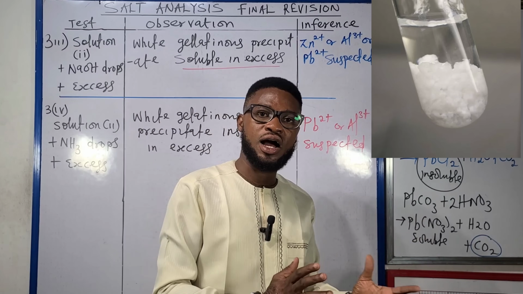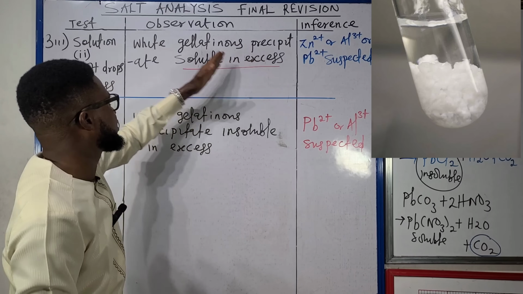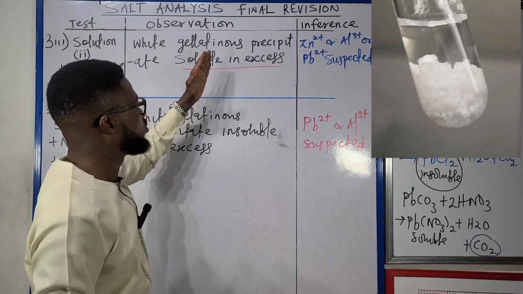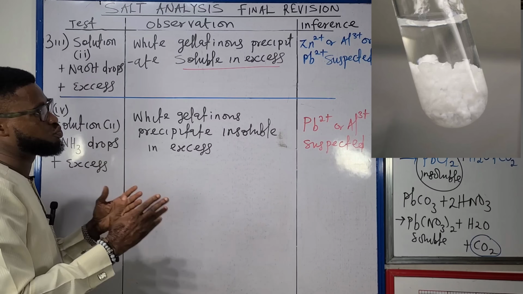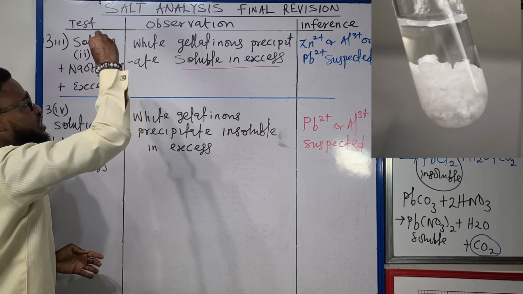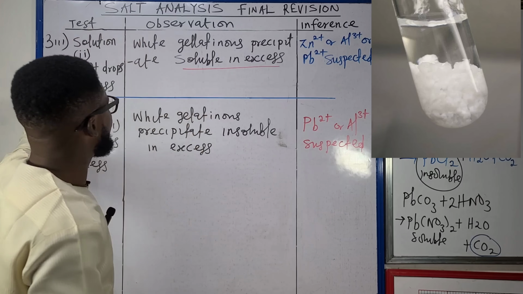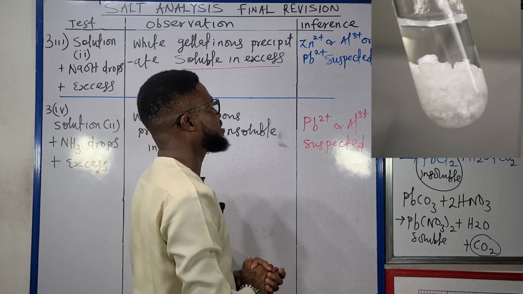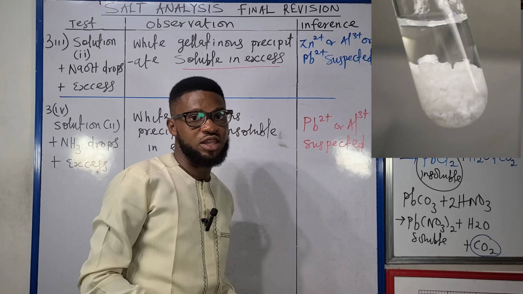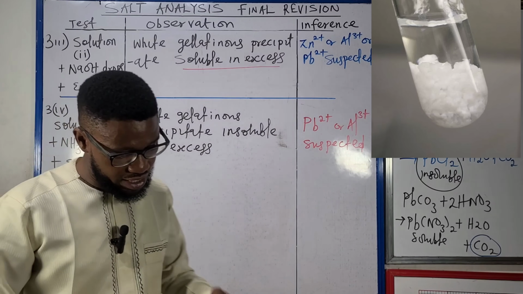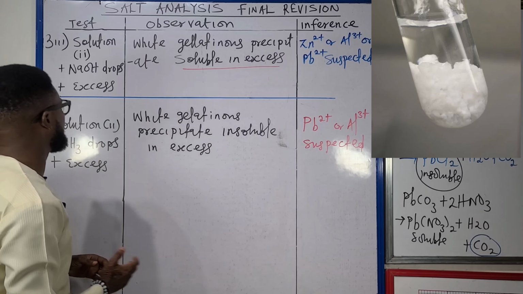Instead of the dilly-dallying, I think the best thing is to just say white precipitate, which is soluble in excess sodium hydroxide. That's another best way to put it. What you have observed is a white precipitate, and that particular precipitate will dissolve when we add excess sodium hydroxide. If that be the case with sodium hydroxide, what we infer is zinc or aluminum or lead 2 ion suspected, or you say present. Of course, in 3 Roman figure 4, we were told to then test with aqueous